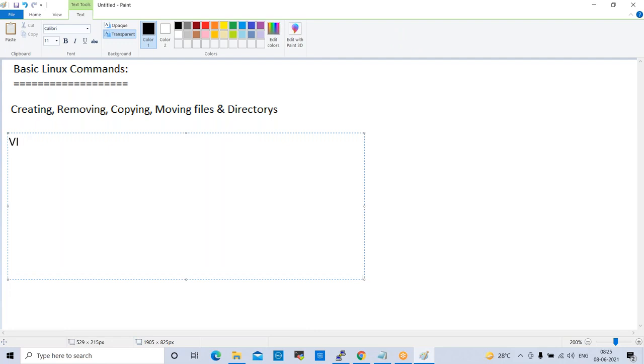vi is the command. vi means Visual Display Editor. So we have vim also. vim also is available. vim means Visual Display Editor improved.